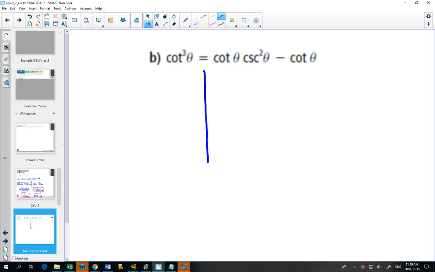So, the shortcut for this one, the 3-line proof, is to say to yourself, hey, this side is in cotangent. The other side has cotangent and a cosecant squared. What can you do with cosecant squared? There's a relationship between cosecant squared and cotangent. Cosecant squared is cotangent squared plus 1. So if I start by changing the cosecant squared to cotangent squared theta plus 1,